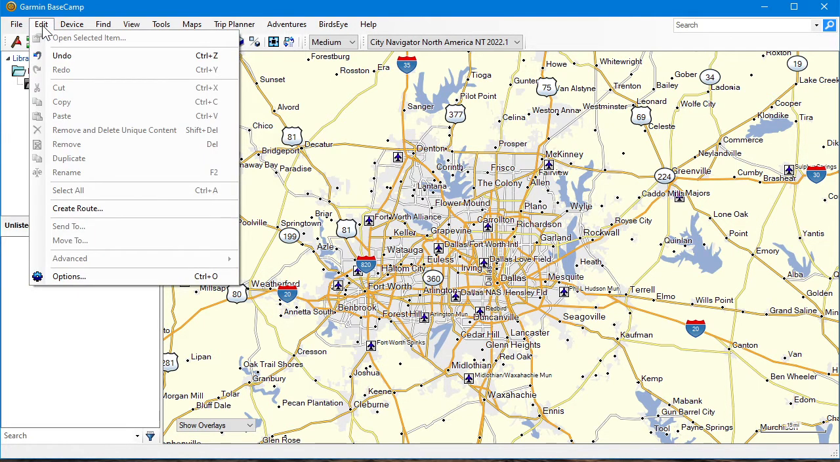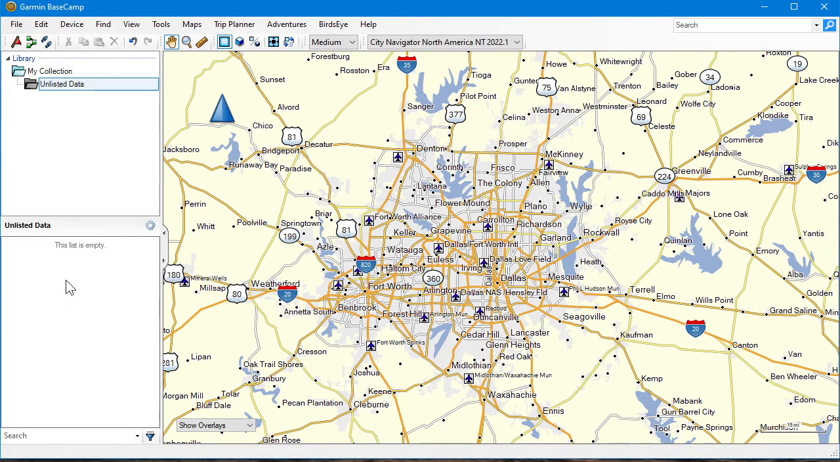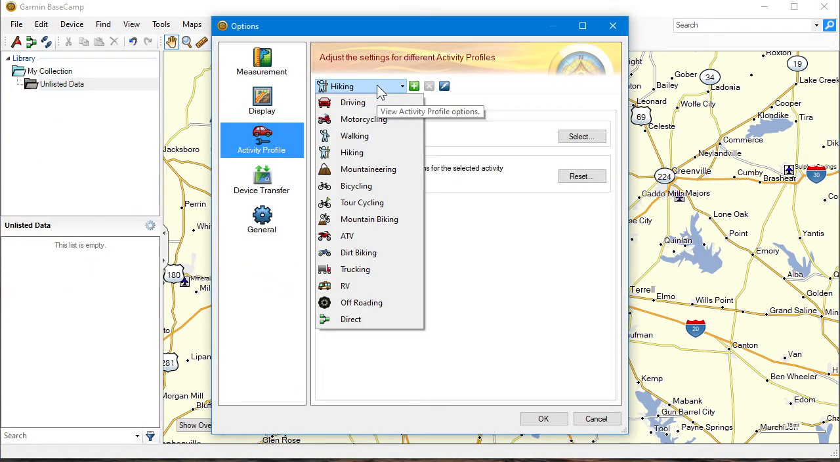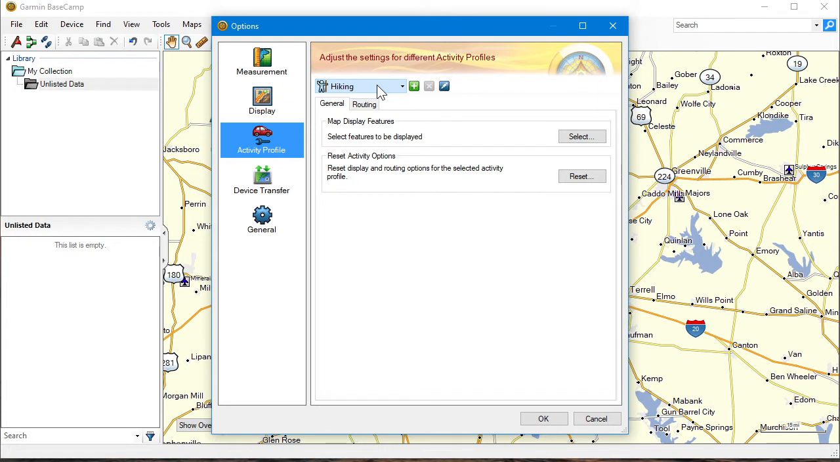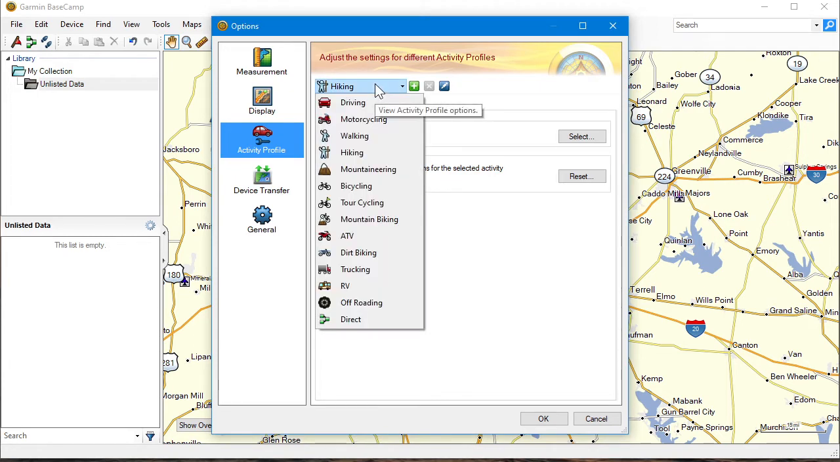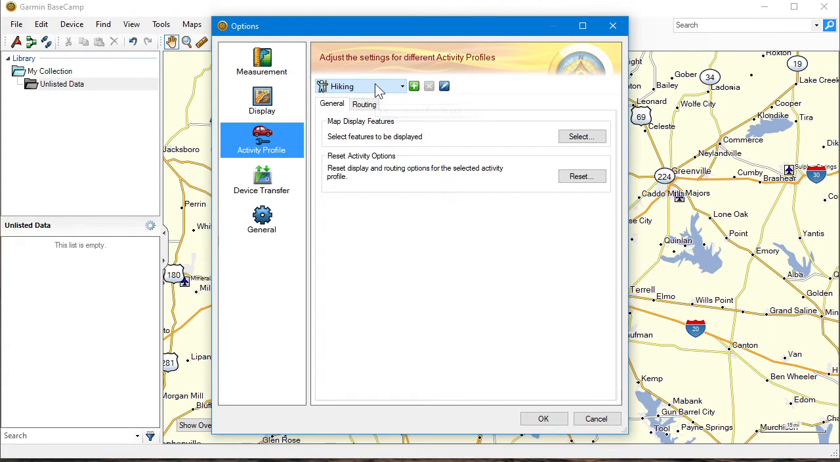First, go to edit and then options and then activity profile. And you will notice here, Garmin gives you a whole bunch of default profiles. These are all editable. You can also add your own if you want to, or just edit an existing one. It's like, okay, well, what's the difference between them? If you look at driving, for example,